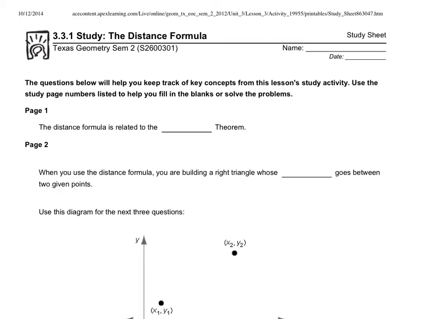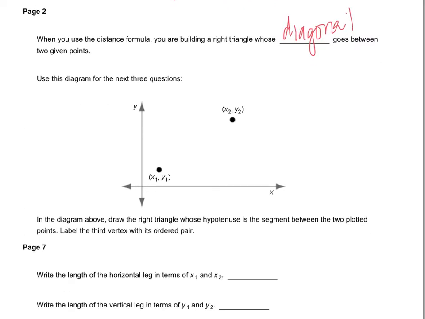For 3-3, we're talking about the distance formula, which is actually related to the Pythagorean theorem. And when you use the distance formula, you're basically building a right triangle whose diagonal goes between two given points. So for example, what that's telling us is if I wanted to find the distance between these 2 points, I